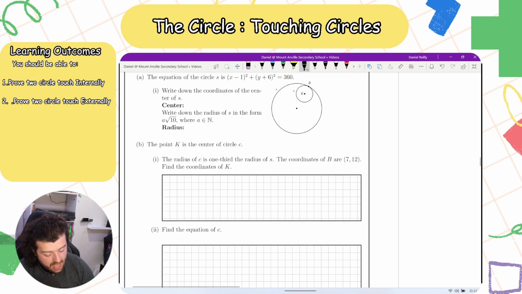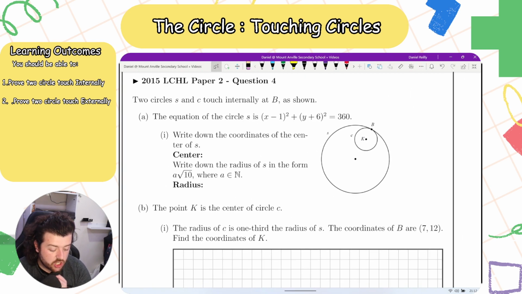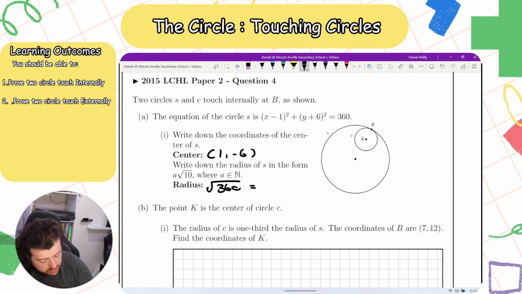Right, finally, last question here. Two circles S and C touch internally at B as shown. The equation of circle S, so S is the bigger circle here, is (x minus 1) squared plus (y plus 6) squared equals 360. What is the center? Well, the center is (1, minus 6). And the radius is root 360, which is equal to